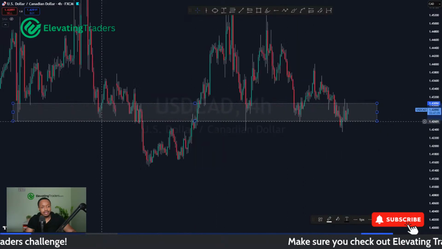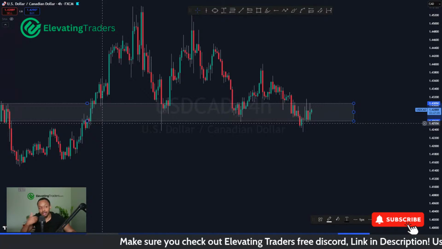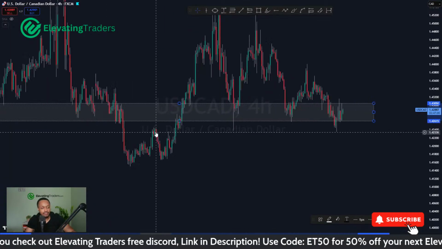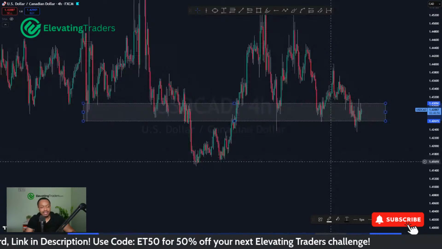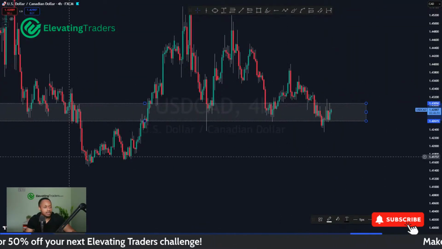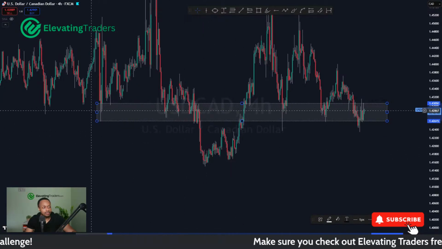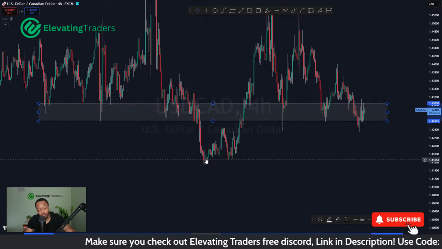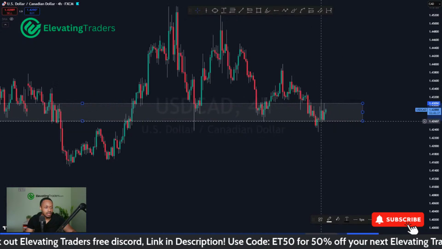Again, when price gives us a break of a level, you expect price to continue that. If it does start to bleed back into the range and into the level, it's definitely a bit of a red flag, that price is potentially having a bit of a fake out, which maybe is what's happening here with Dollar CAD. This is a pretty strong level of support. It held price very well over here. We broke below it, broke back above, and since then price has been respecting it as support until yesterday.